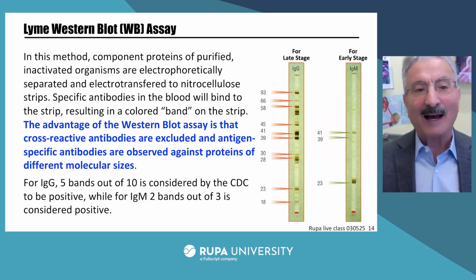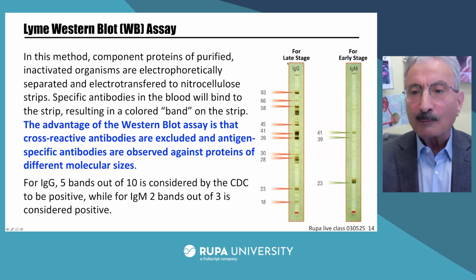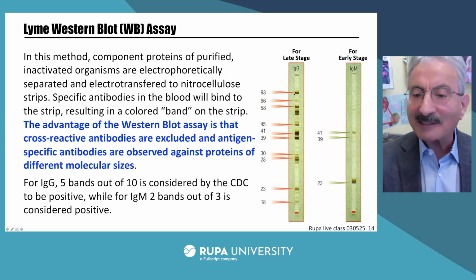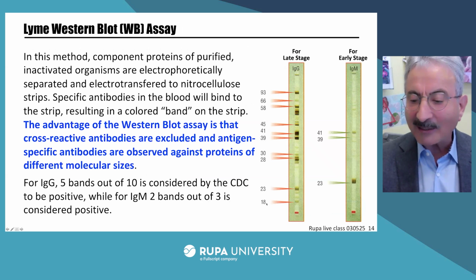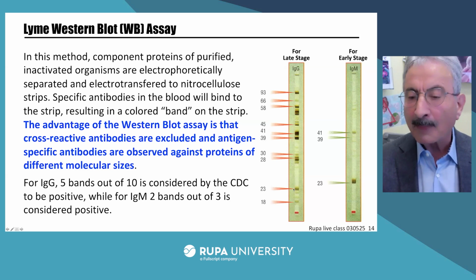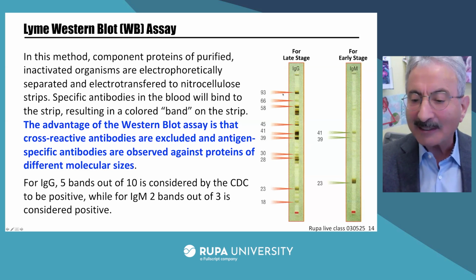together. But in the case of Western blot or Lyme blot, the manufacturers take that soup from Borrelia burgdorferi grown in culture and separate it based on size. In electrophoresis, the lighter proteins move much faster, and the ones with higher molecular weight stay at the top. By separation, we can see each size of antigen or protein, and then through years of clinical research and studies, they found in the case of IgG, these 10 bands, starting from the low: 18, 23, 28, 30, 39, 41,